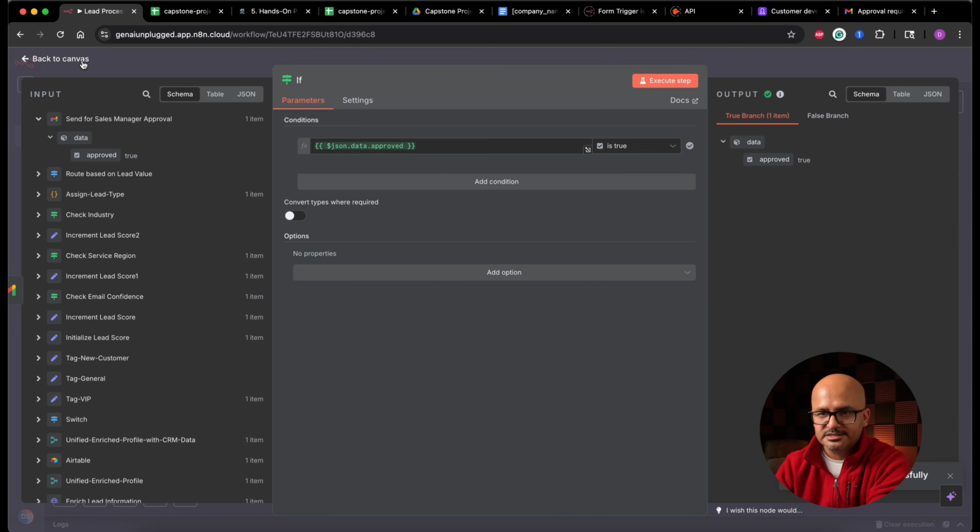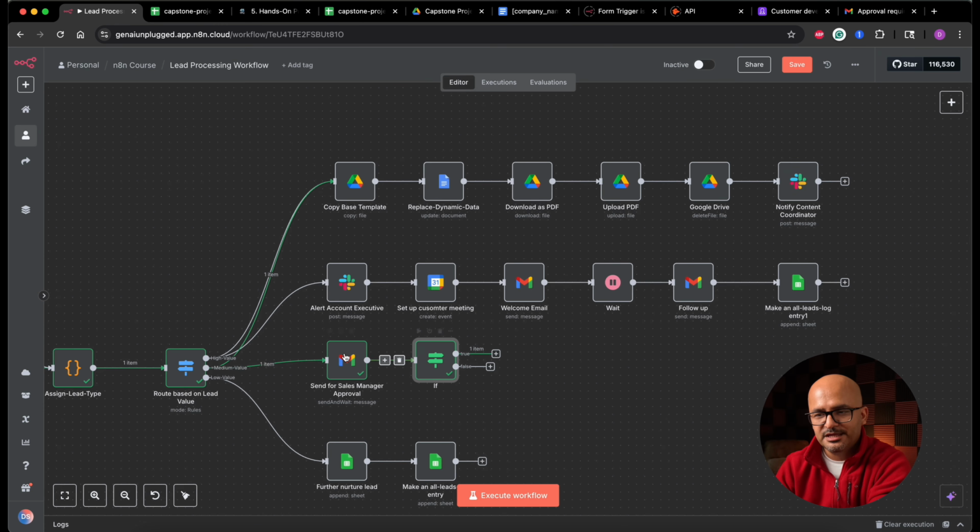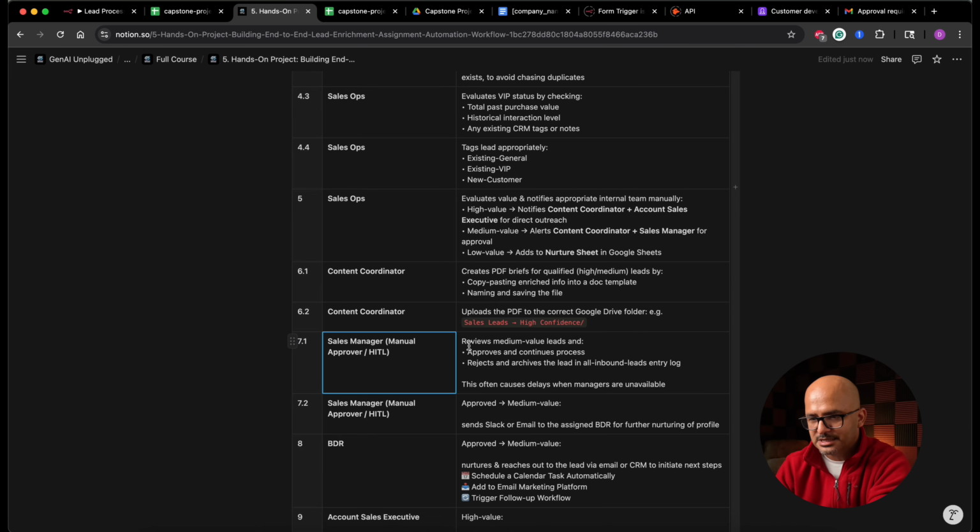So it is true, it is going to come in the true branch. In the true branch, that means the sales manager has approved. What we had to do was, if the sales manager approves it, it's a medium value lead, send a Slack or email to assign a BDR for further nurturing of the profile. And then that BDR can follow the same set of steps, like scheduling a meeting with the customer, sending them a welcome email, or scheduling a follow-up or sending them a follow-up over the email like we just did for